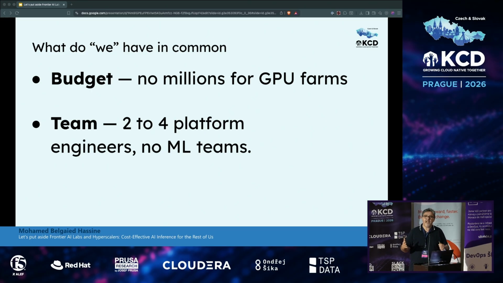And this is backed by recent research. For example, in a 2026 research from DigitalOcean, their results show that 44% of enterprises that put money into AI put 75% to 100% of the budget into AI inference only. So basically, they just handle inference as another workload in an existing environment. Okay?